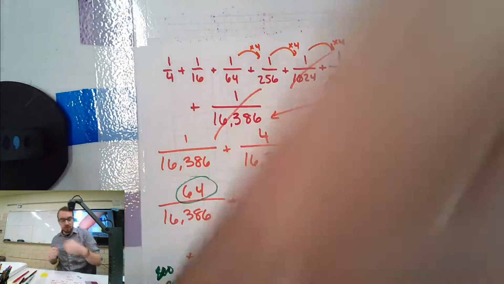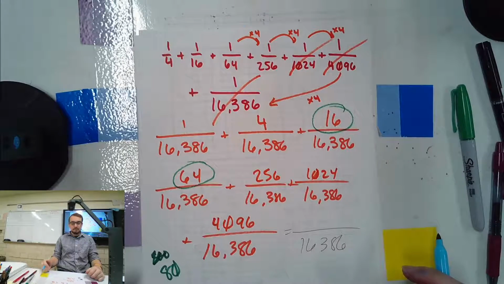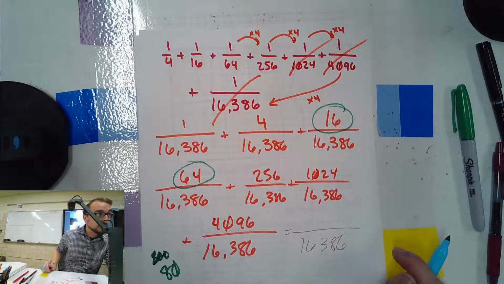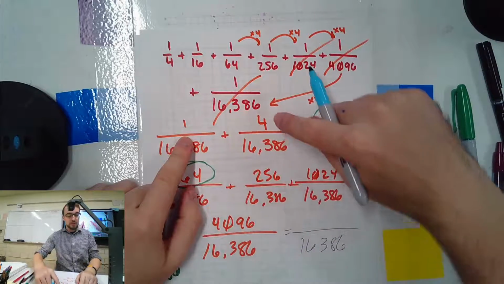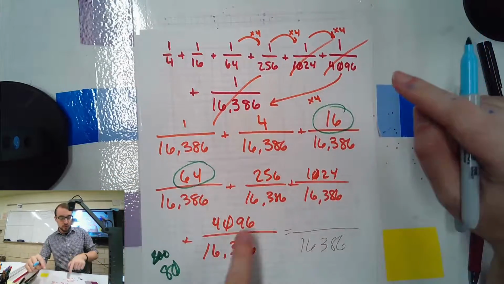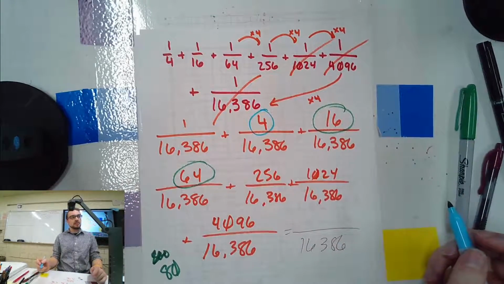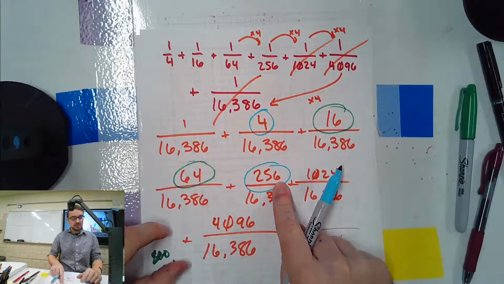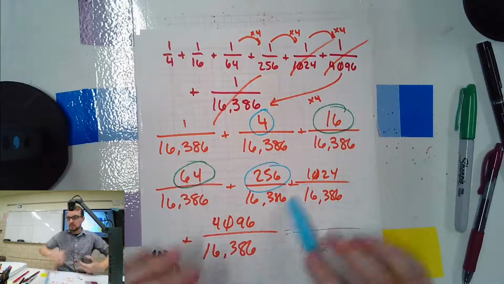Shion, what 2 do you want to add up? 4 and 1. Okay, so that's a valid strategy. I'm going to try and convince you to do something else, though, okay? Because you're the second person to do this today. They're already really easy to add. So maybe we should take an easy number like 4 and add it with one of our more difficult numbers. So let's take 4. Which one would be nice to add it to? Do you see how these are going to work out nicely? Because it gets us a solid 10. That's going to be 260, which is what I'd weigh if I was a pro wrestler.